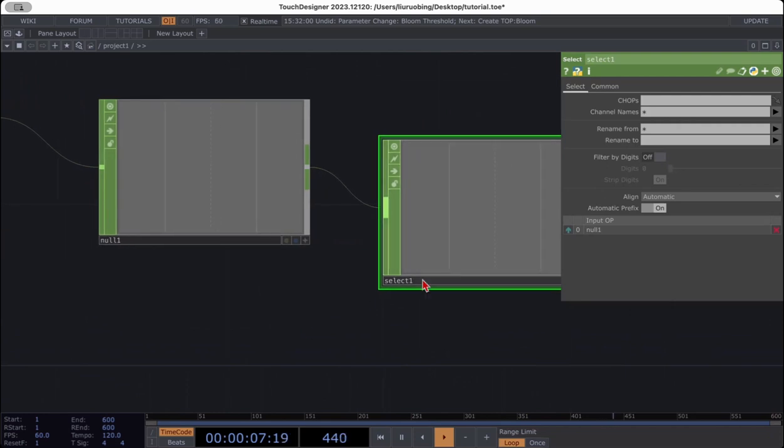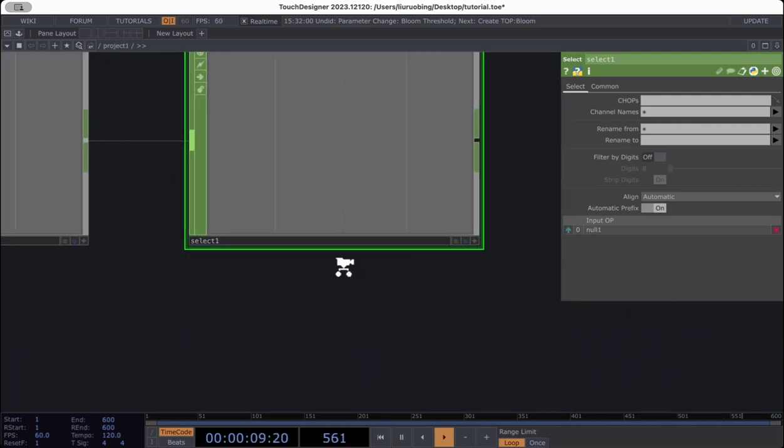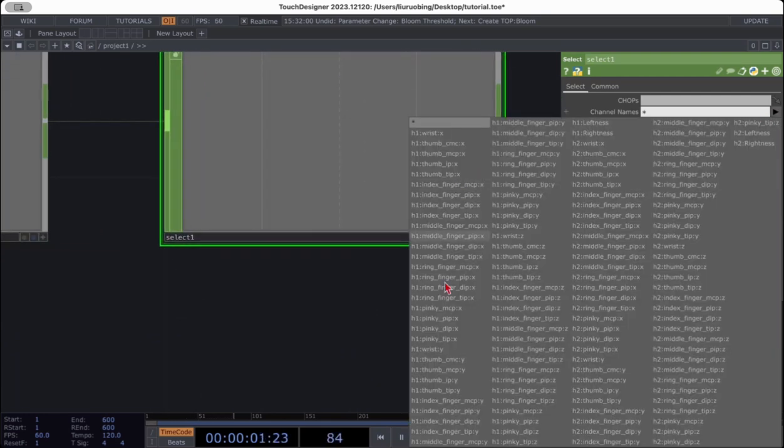an easier way of doing this. I'll just be using the middle finger because it's kind of like the middle of the whole hand, right? And then here we're gonna pick middle finger tip Y, and then for this we're gonna pick middle finger tip X,